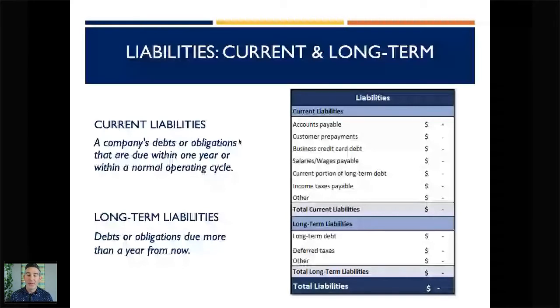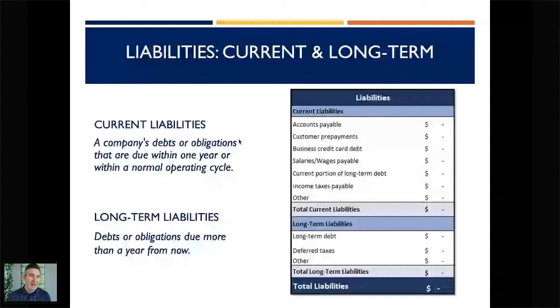What we mean when we say that is if you've taken out a loan, like on a building or a vehicle, maybe a 5 or 10-year loan, we want to know what portion of that is due within the next 12 months. And that's the principal portion, by the way. We did talk a little bit about interest, your interest expense. Interest isn't something that has any value to you, so you're only looking at the principal, which is going towards building your assets. And then you might have some income taxes payable.